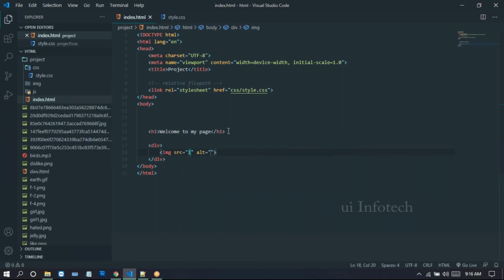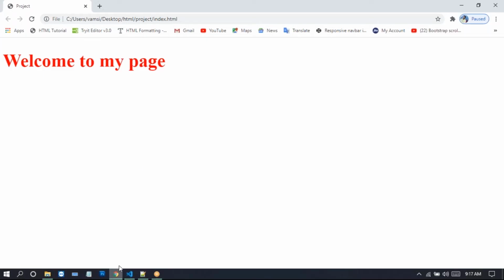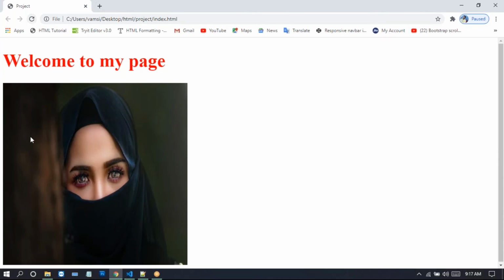So I'm taking the div tag here, and directly taking the image tag. In this image tag, we can give the relative file path, image/gel.jpg. Here I just provide the alt tag, in which we can give the name. Now I give some width and height here. I take the width as 400 and I'll also take 500 here, and the height I'm also taking 500.